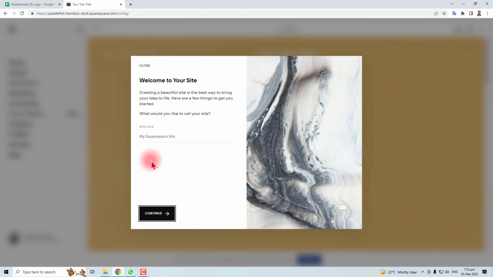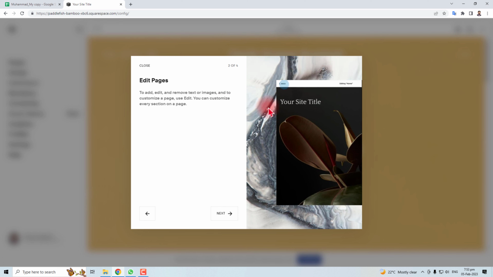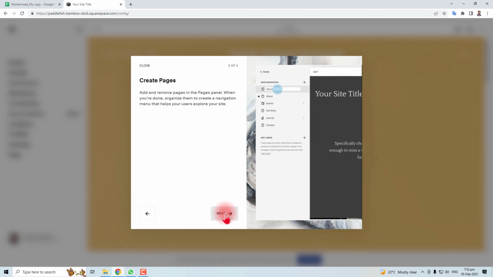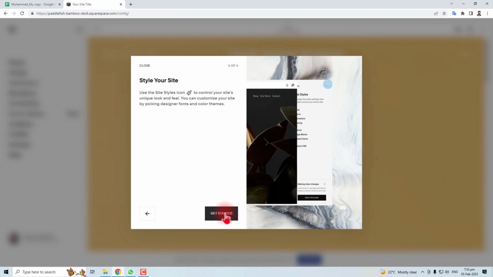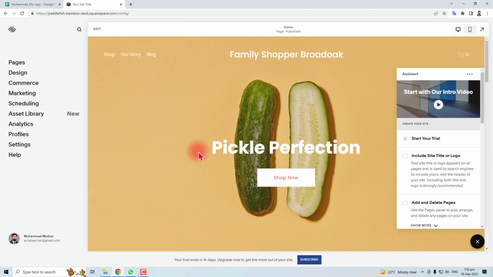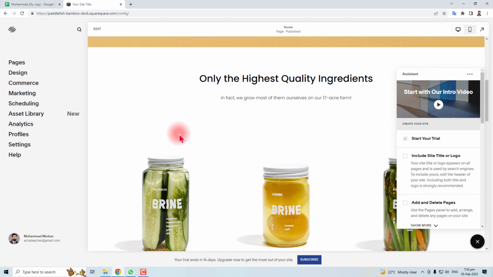Click this. Now on this welcome screen, you have to put the name of your website. In my case, I'm going to put here Product. Continue, and it's giving us some instructions. Click next. For creating pages instructions, next, and then get started. Here is my website, and you can see a left menu here with pages, design, commerce, and